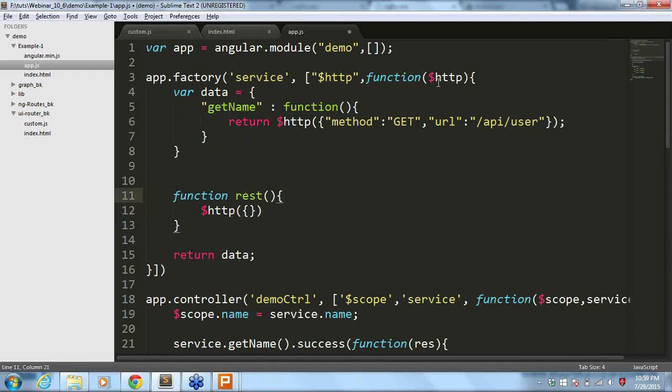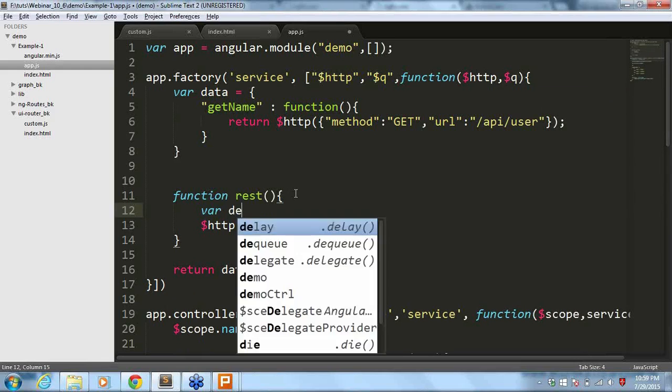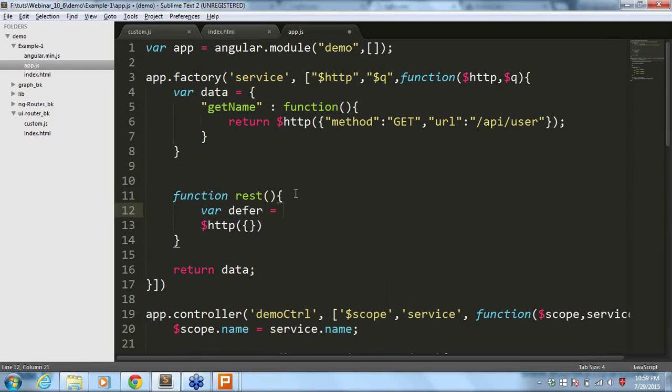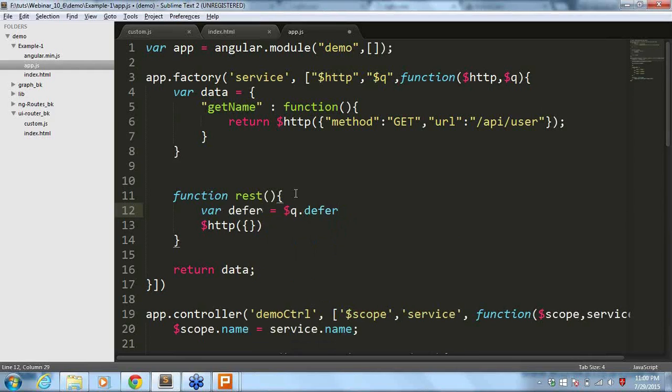Before this, I'm going to inject one more variable, called $q, so I can use $q in my factory. Using this $q, you can access your promises. So in this REST function, I'm going to create my defer method, which will use $q.defer. Using this defer, you can resolve or reject your promises. Once it goes to the success,